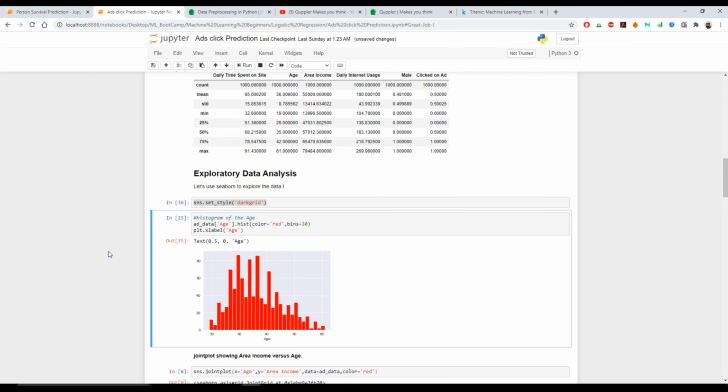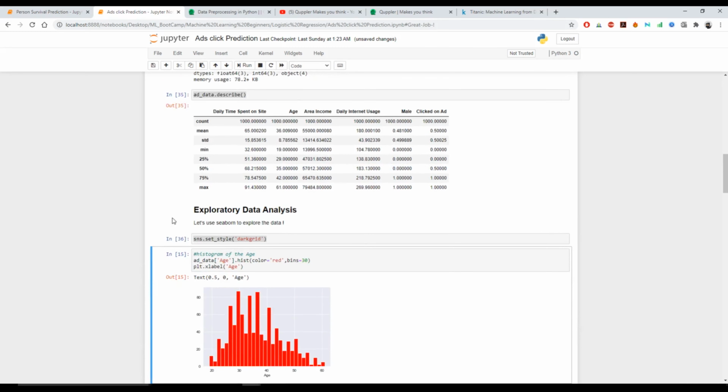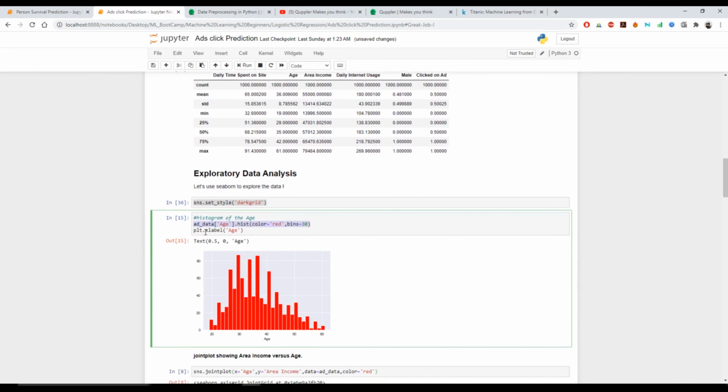With the histogram, the first thing we want to see is what kind of age group is available in my data set. For the age column, we plotted the histogram using the color red and the number of bins as 30, with the age label on the x-axis and the count on the y-axis.